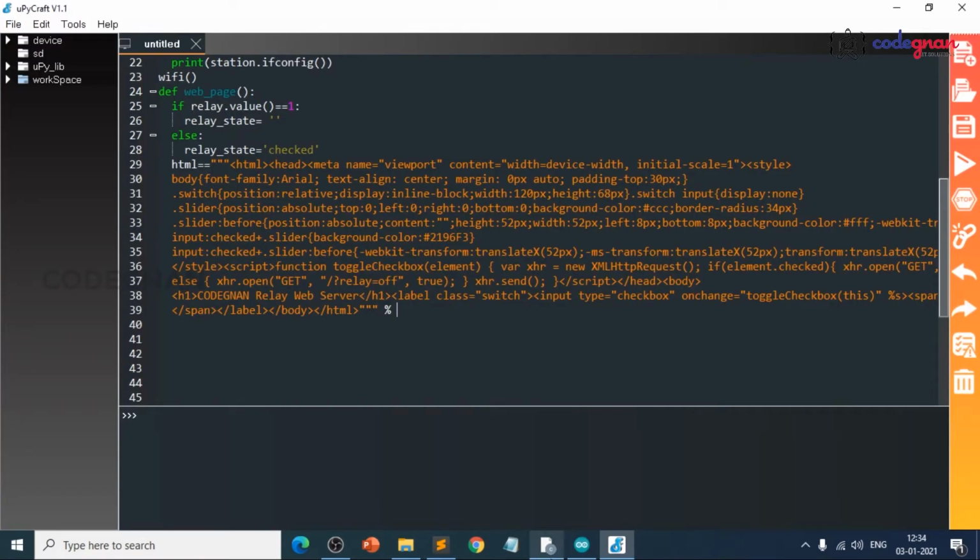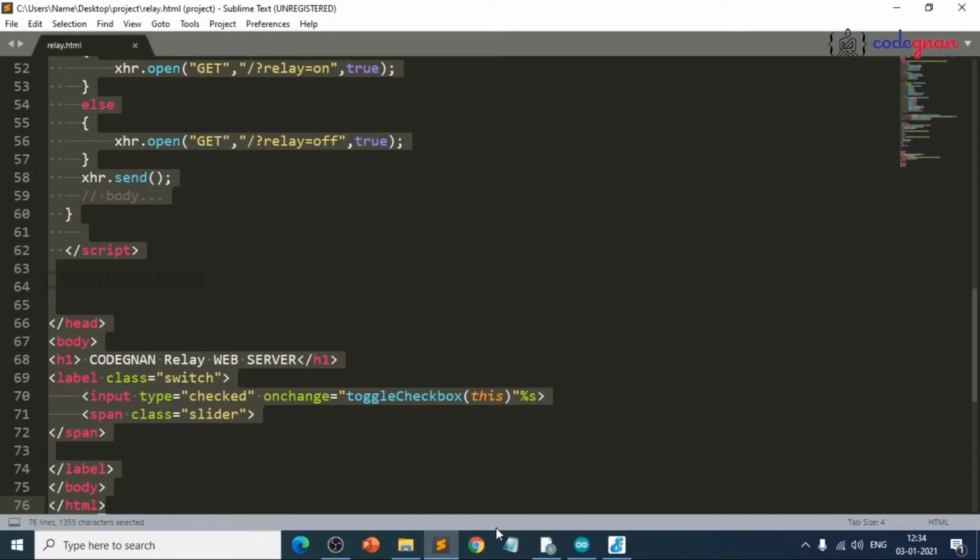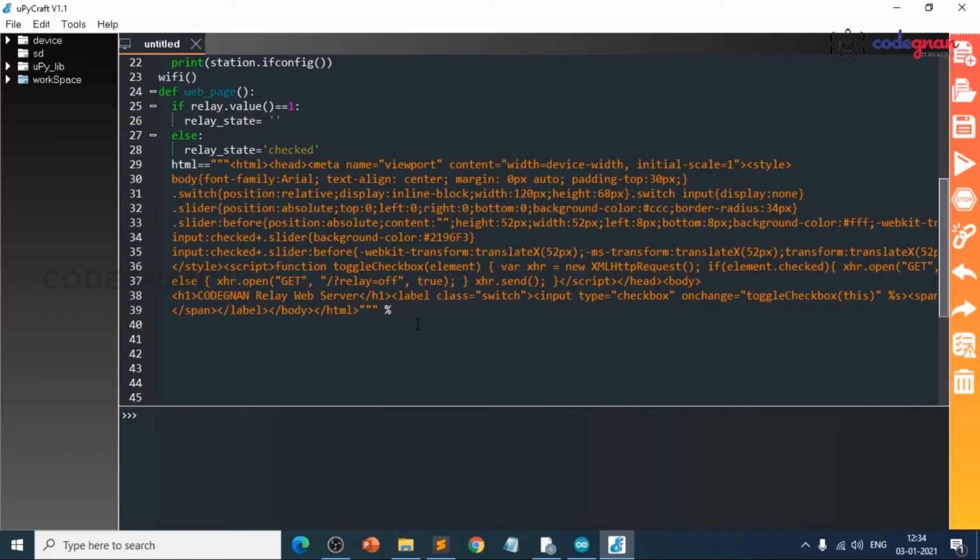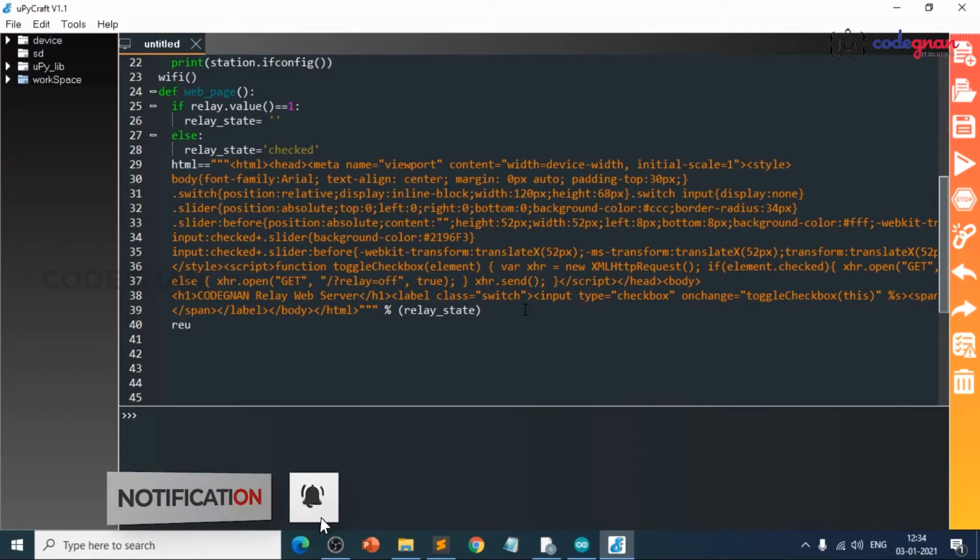Then we need to write relay state here, because ultimately you are getting the output as relay state, and return HTML.